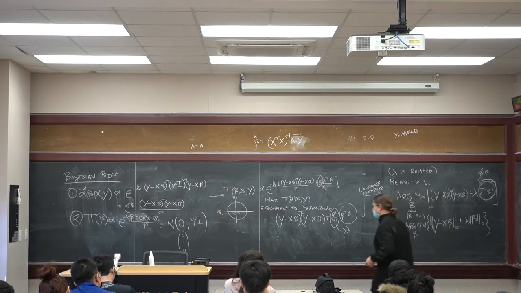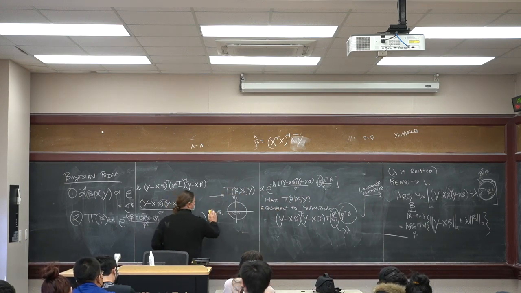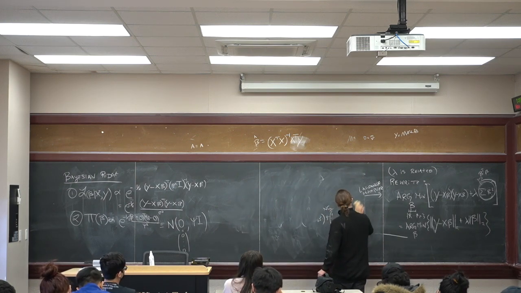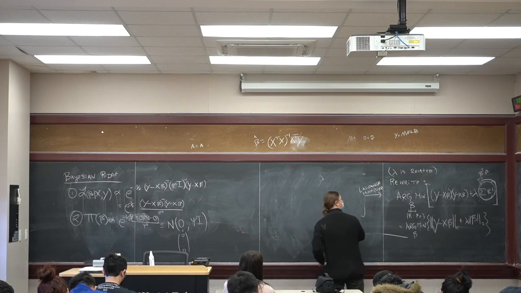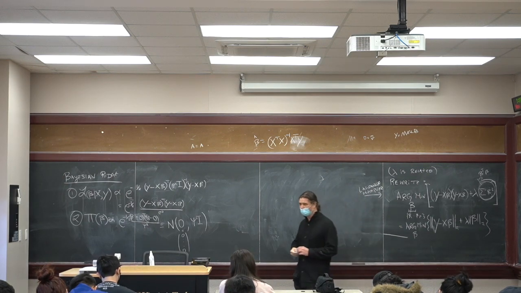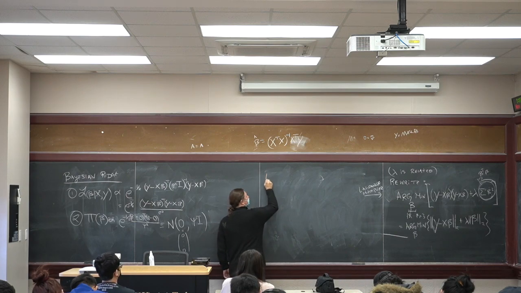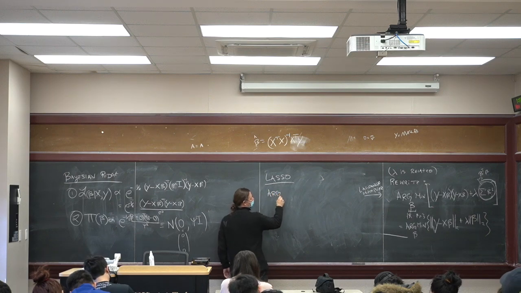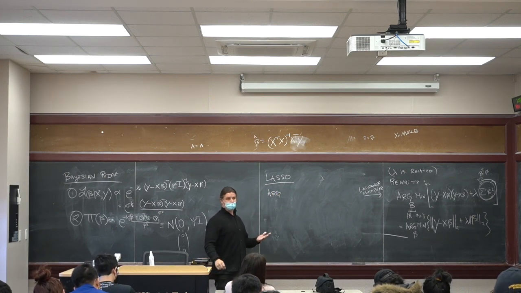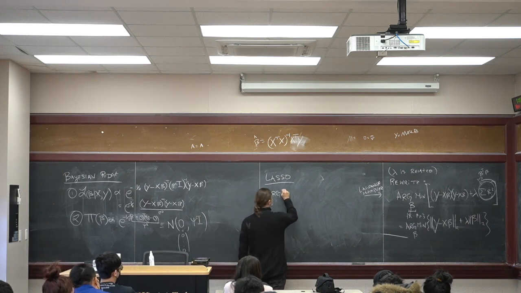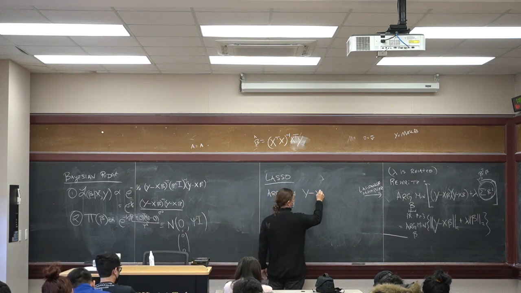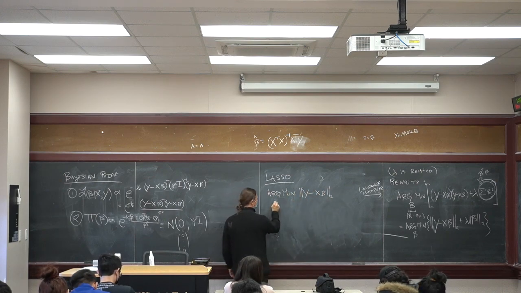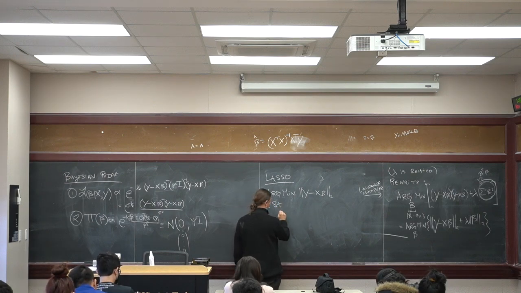And so here's what the LASSO is. Let me show you this. We'll pick up next time with this, and I'll run a few simulations and show you how to use LASSO. But LASSO is this sort of thing. So here's the old way of doing it, not the Bayesian way, but there's a Bayesian equivalent. We're going to arg minimize the norm of y minus x beta, and then I'm going to subject this to a different constraint.